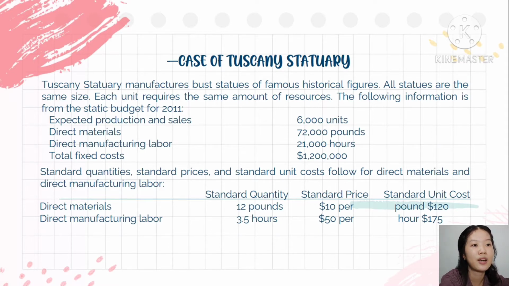For the expected production and sales, there are 6,000 units, and for the direct materials, there are 7,000 pounds. For the direct manufacturing labor, there are 21,000 hours, and the total fixed cost is $1,200,000. As for the standard quantities, standard prices, and standard unit cost, for the direct materials there are 12 pounds at $10 per pound. And for the direct manufacturing labor, the standard quantity is 3.5 hours,